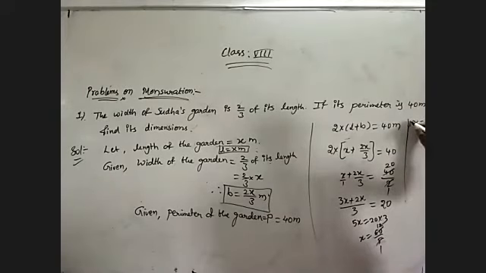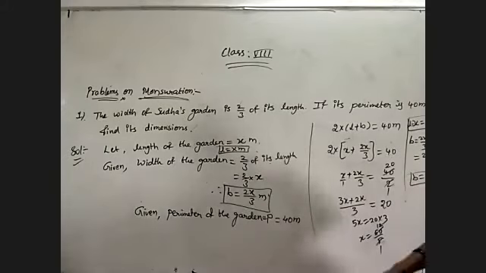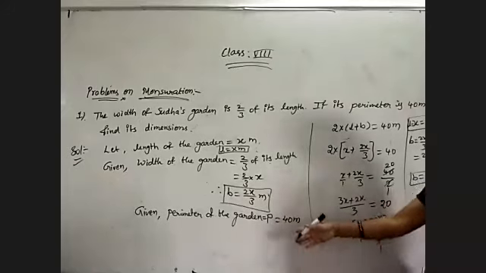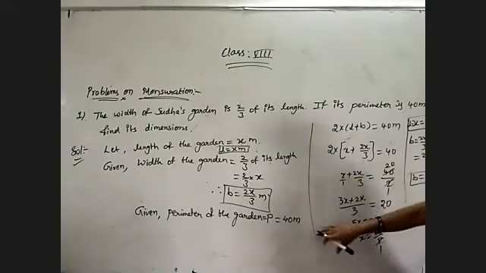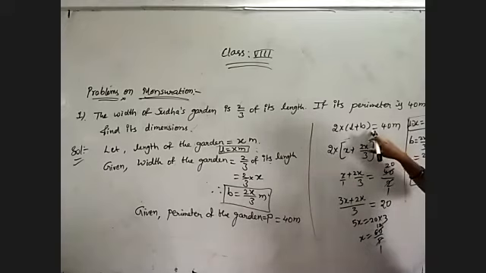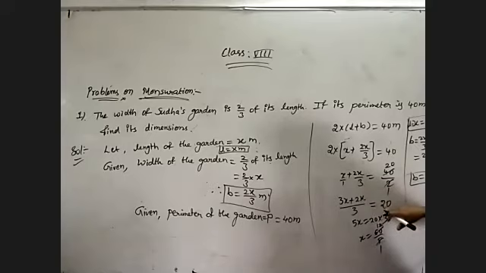So x is nothing but the length. The length of the garden is 12 meters. Then breadth is equal to 2x/3. That is 2 into 12/3. 3 fours are 12, 2 fours are 8 meters. So the width of the garden is equal to 8 meters. We found the dimensions of this rectangle. So mensuration is nothing but for shapes we are using the equation. The perimeter is given, so by substituting all the values we got a linear equation form. Like this we are simplifying.